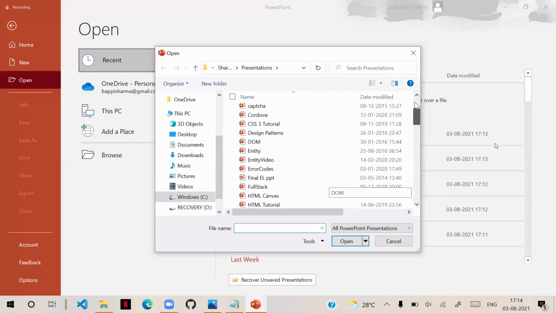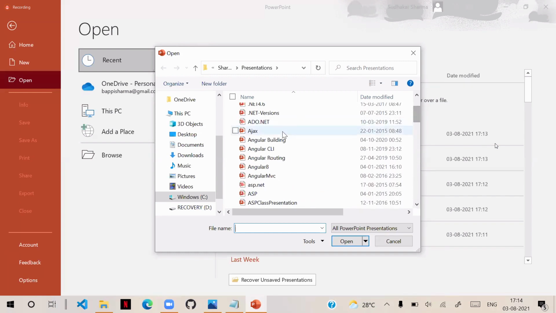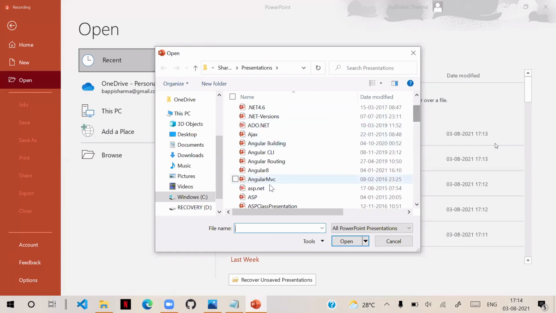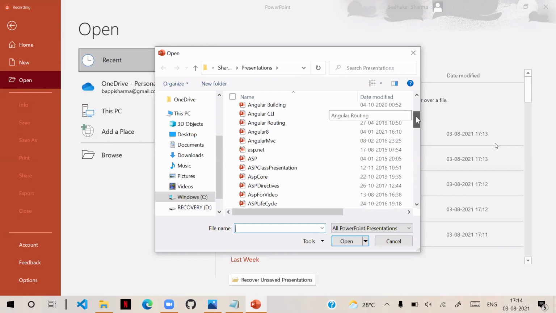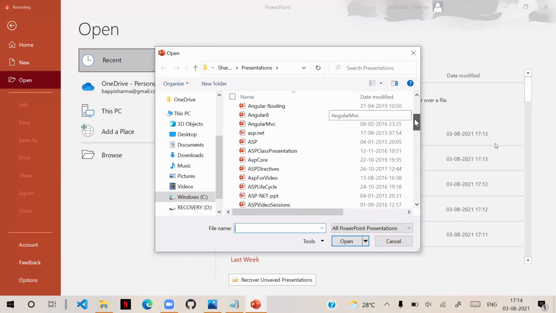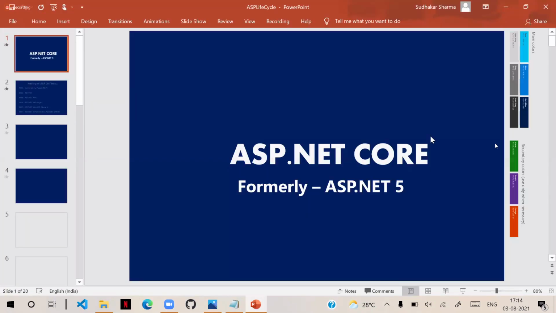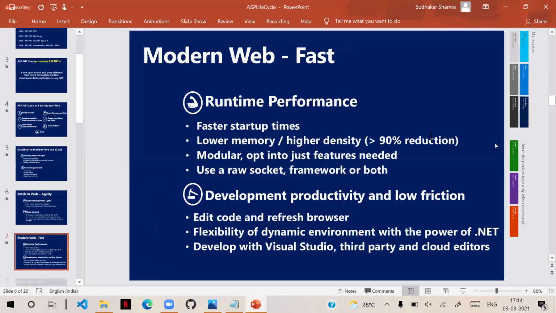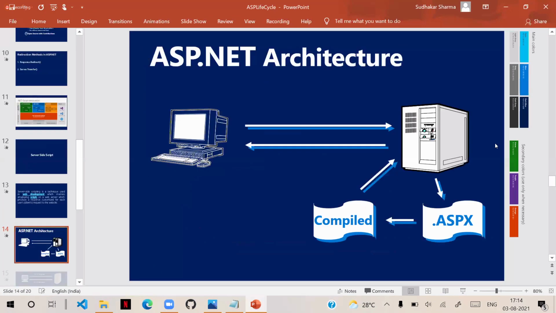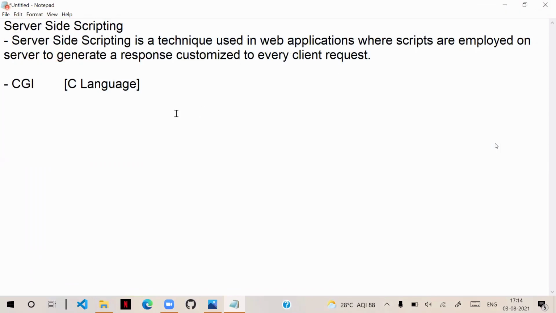I will show you later the different server side scripting technologies and architectures. It is not required, but if you have an idea, that is very good. Here we don't have that architecture, so I will show you in tomorrow's session.